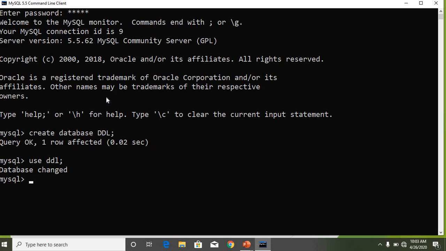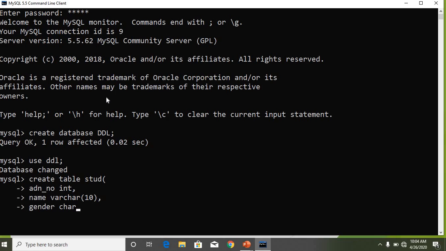Okay. Now I am going to create a table, the student table. So what is the syntax of create table? First create table, the table name, then open brace, then the column list, close brace, end with semicolon. Here, create table. Now I am going to give the table name student, open brace, and then the column names. First column name admission number, data type int, then comma. The next column is name, space, varchar. Varchar is also one of the data types in MySQL. I am giving 10 characters size, then comma, and gender.